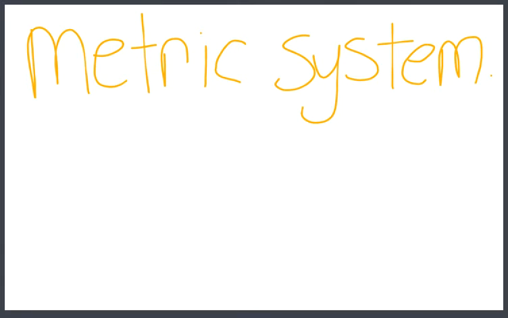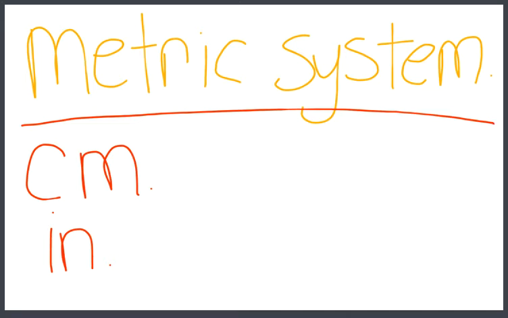And the abbreviation for centimeter is cm, period. Just like the abbreviation for inch is in, period. That way we don't have to write out the whole big word of centimeter. We can write cm, period. So for the metric system,